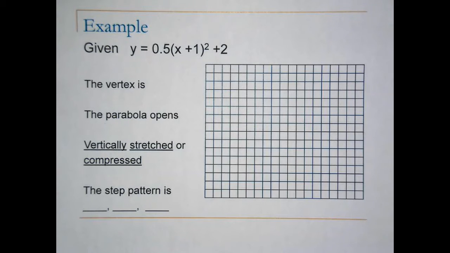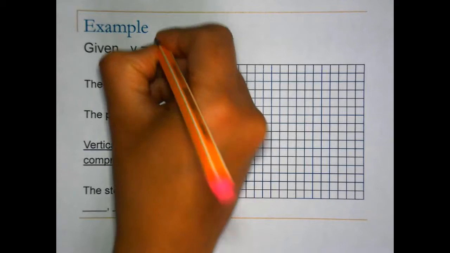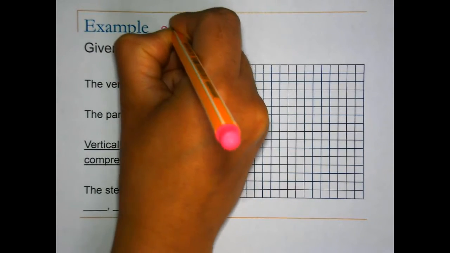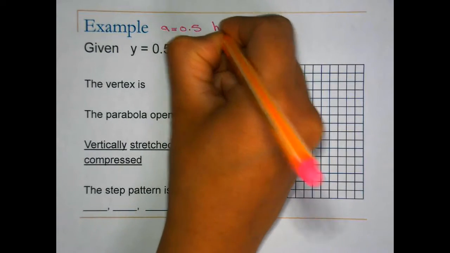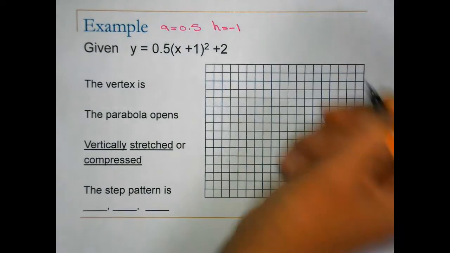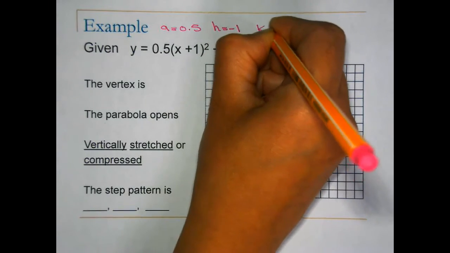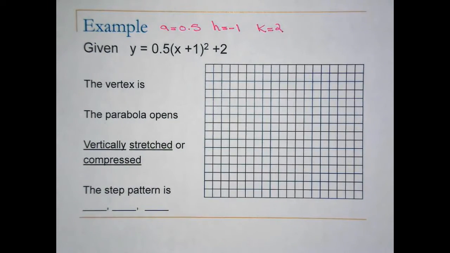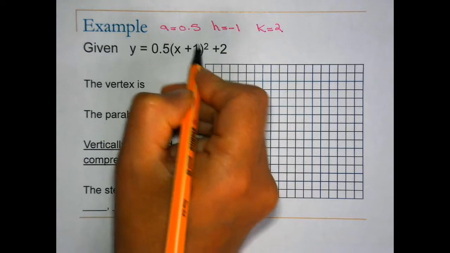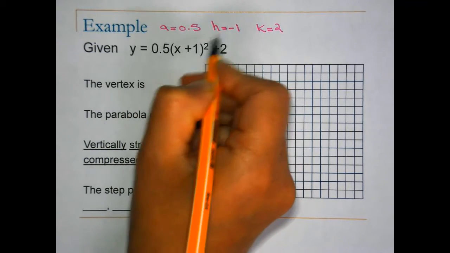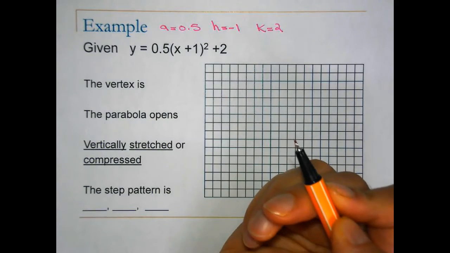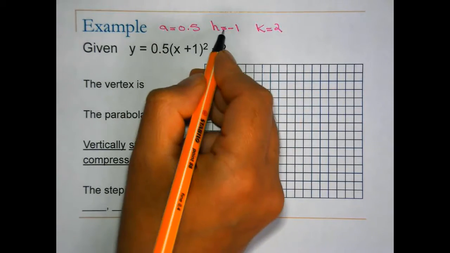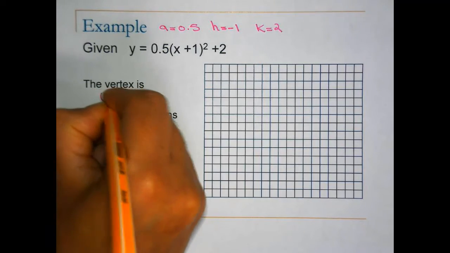Y equals 0.5, x plus 1 squared plus 2. So the most important thing is to recognize what is your A, 0.5, what is your H, which is -1, and what is your K, which is 2. Remember that what's in the bracket, the H is always opposite in sign. So here is +1, so your H will be -1. Now the vertex is at -1 and 2,